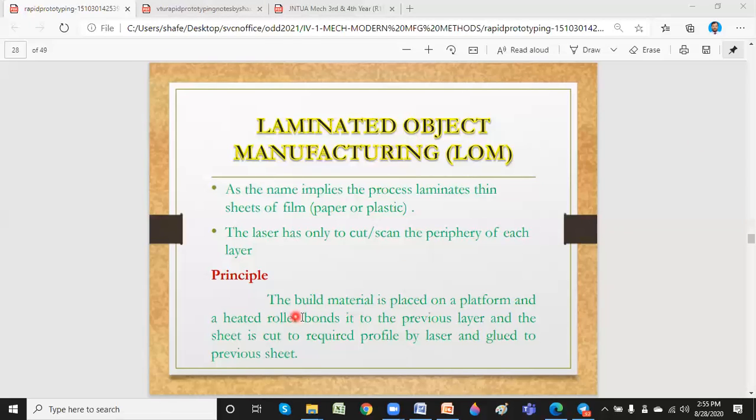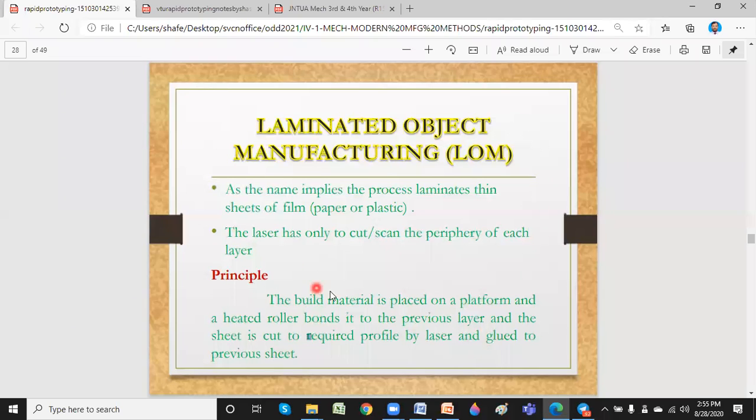Now the build material is placed on a platform. This is the basic principle of LOM. A heated roller bonds it to the previous layer, and the sheet is cut to the required profile by the laser and glued to the previous sheet.